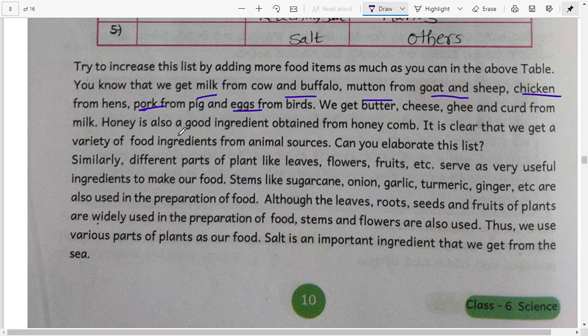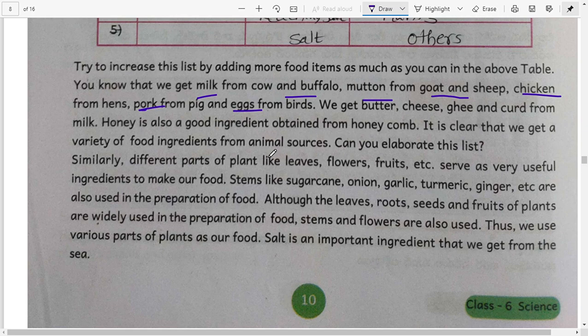Honey is also a good ingredient obtained from the honeycomb. Honeycomb means tene pattu. So it is clear that we get a variety of food ingredients from animal sources. And what are the ingredients available from animal source?